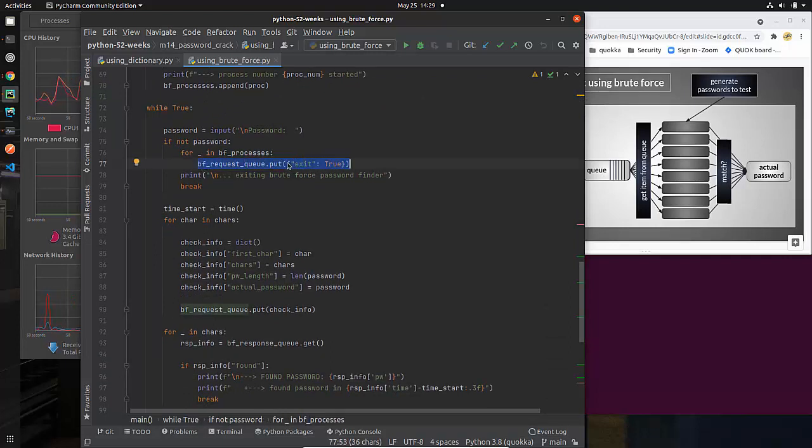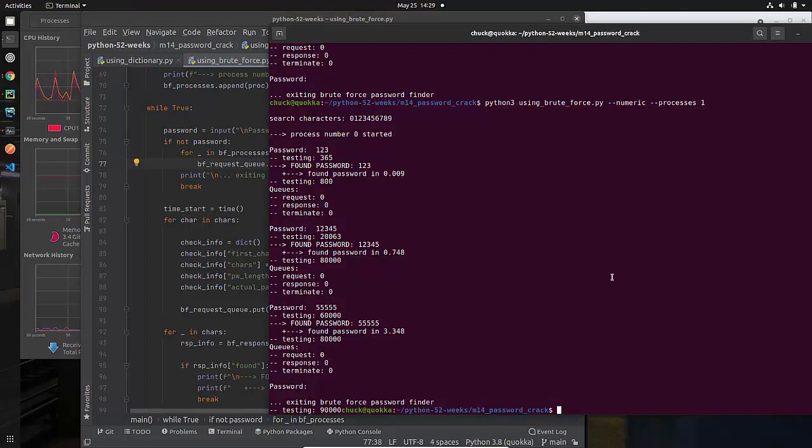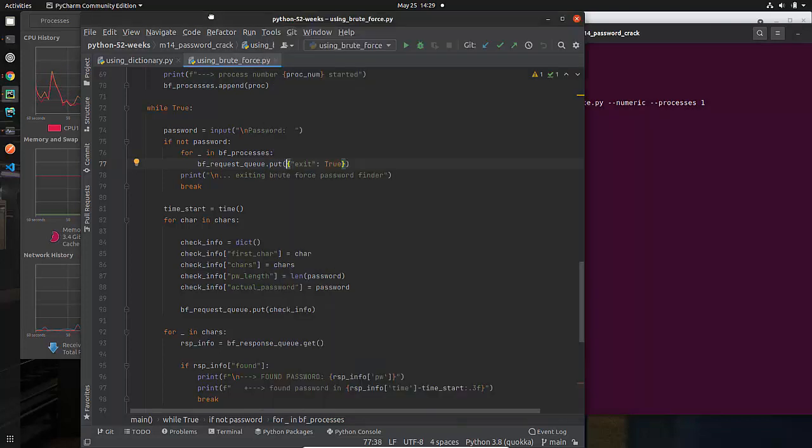I could have created something called check info and put it in there, but it's just as easy and a little bit quicker. You just have to kind of understand what's going on. That's my check info. And then at the end, as we looked at here, we will end up exiting the brute force password finder. So that is what this particular thing does.